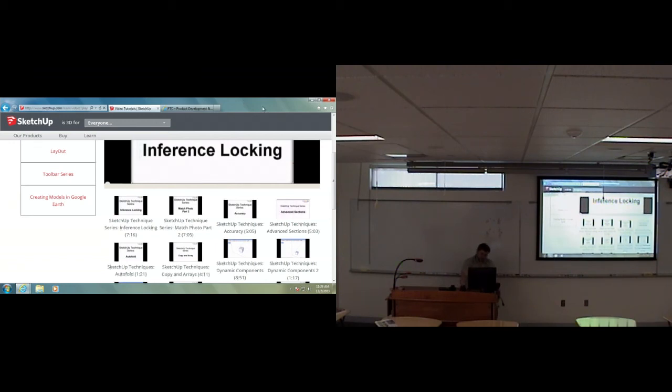So that's your first assignment, is to make a model of your home to scale in Google SketchUp, and I want that at the beginning of class on Wednesday. We will have enough information. You'll have enough information from this class to do that. So I'm going to go ahead and